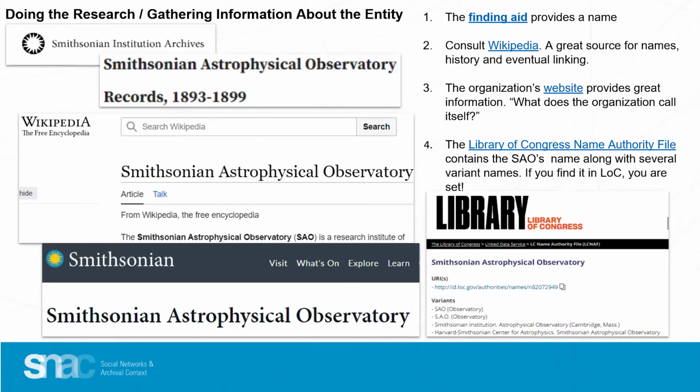So here we see examples of different resources that could be consulted when establishing a preferred name as well as variants for the Smithsonian Astrophysical Observatory records. The finding aid describing the records of the entity, Wikipedia, the organization's website, and the Library of Congress name authority file. So generally, when I'm establishing a new entity in SNAC, I like to create my record so that it matches